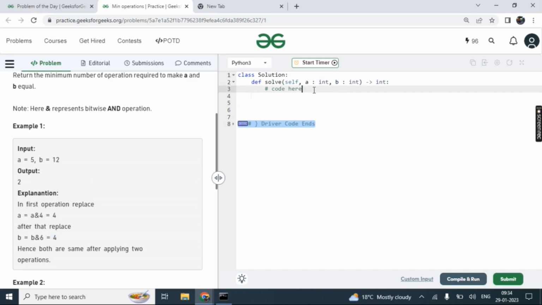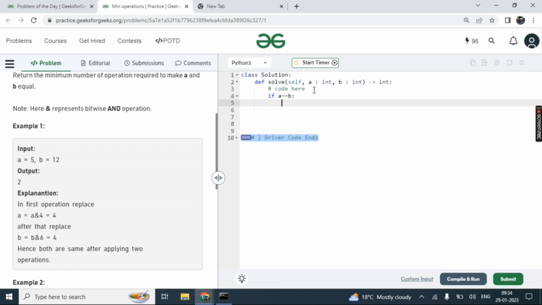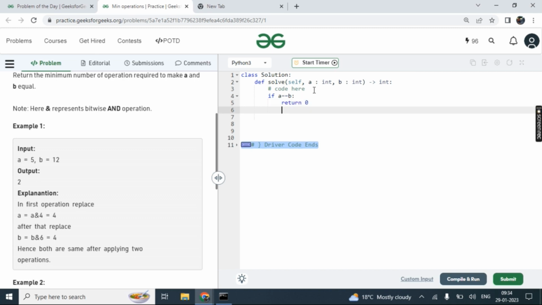So first we'll write the code: if a is equal to b, if both the integers are the same, then no operation is needed, so just return 0. But we also check another condition: a AND b. As I said, doing a AND b gives the final integer.